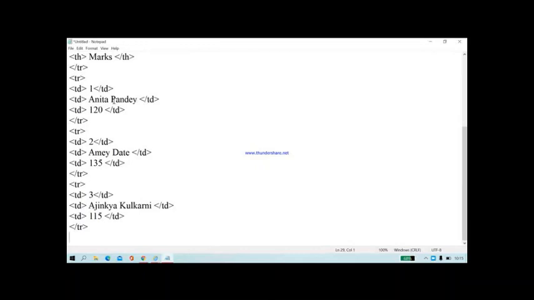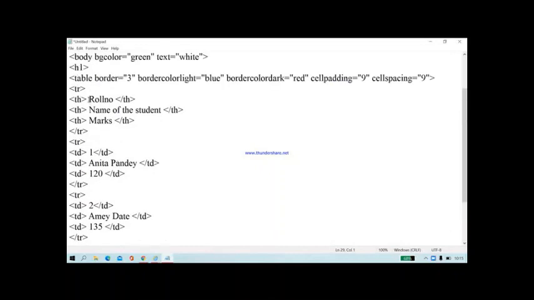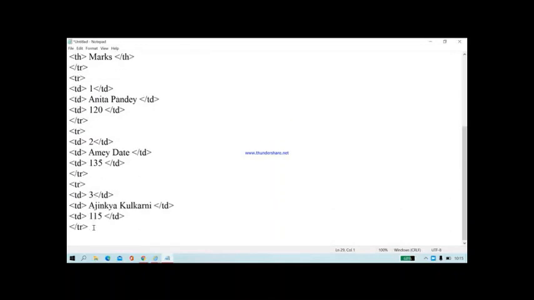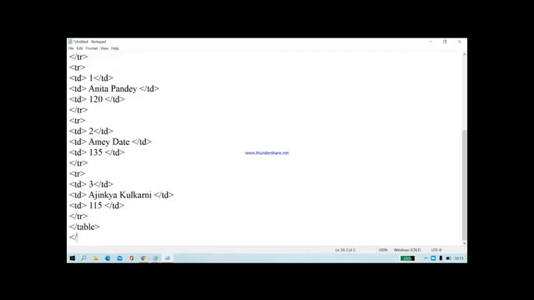Now here three rows for the data I have inserted and one is for the heading of the table. Now close it with /table, then /body, and then /html.